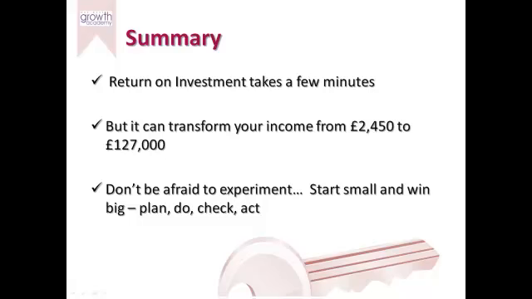It's certainly the most important number, but as you can see from this slide, if you can take £2,500 and turn it to £127,000, you'll probably be seriously interested, and it goes from a boring number to something truly fascinating. Trust me, looking at how you grow and multiply your income becomes fascinating. It becomes very interesting. You don't need to be interested in numbers to know how that works. And of course, once you know your numbers, don't be afraid to experiment. Remember in last week's video, we looked at how you'd know the numbers and how you do something with it, and how that cycle of continuous improvement worked. This week, we've just very briefly touched on how you would experiment and improve on your marketing. And next week and the week after, we'll look in even more detail.